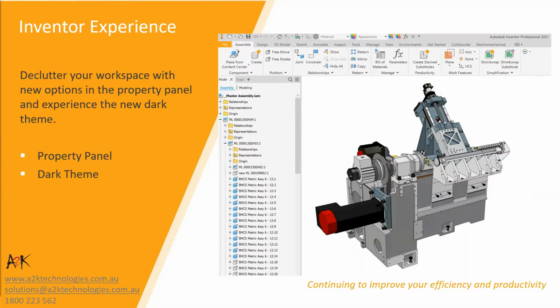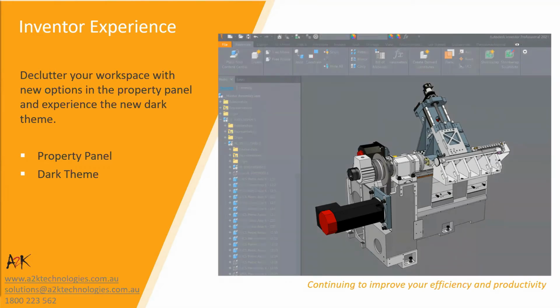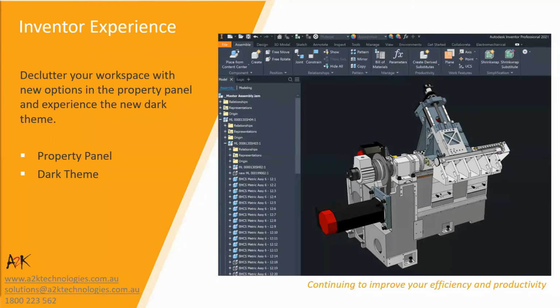Once again, the property panel does a great job of decluttering the interface. They contain presets and they can speed up your workflow. And as I mentioned before, one of the biggest things that I heard last year was the need for a